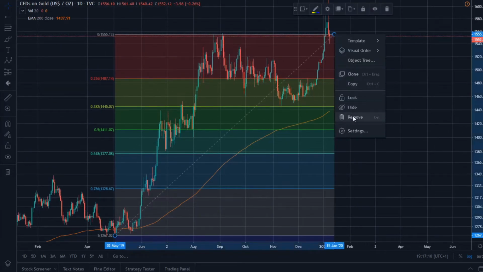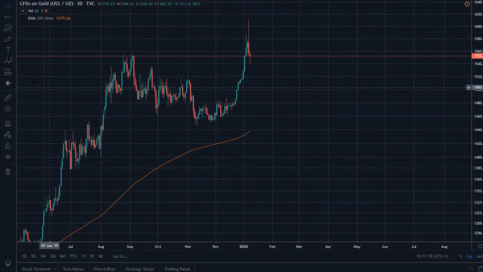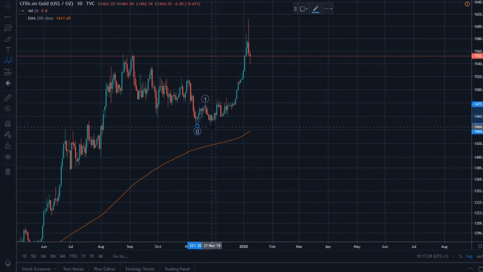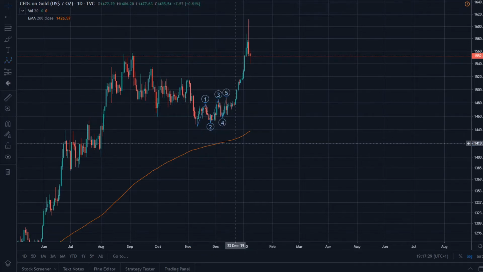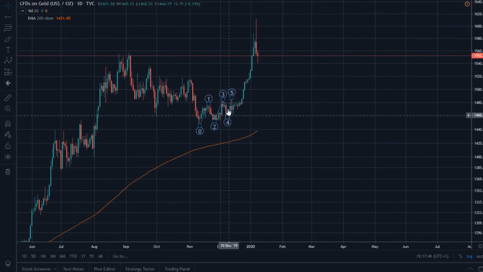But the market decided to move otherwise. This turned out so far not to be a correctional triangle move A, B, C, D, E, but rather a 1, 2, 3, 4, 5, probably a leading diagonal triangle. Yeah, so in this formation, this is one of the rare formations, or one of the only formations, where those overlappings of waves are allowed. And so this, however, points to a very strong following impulsive move.